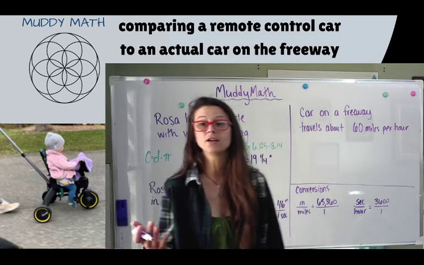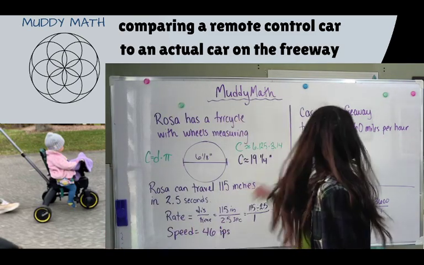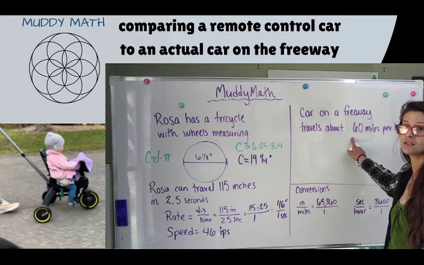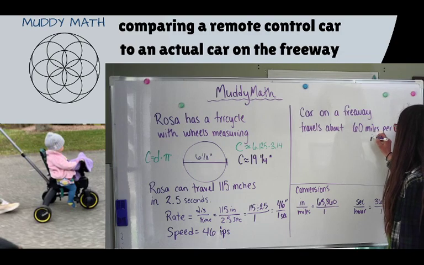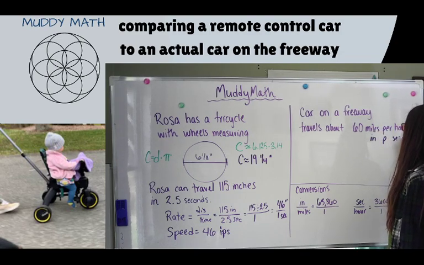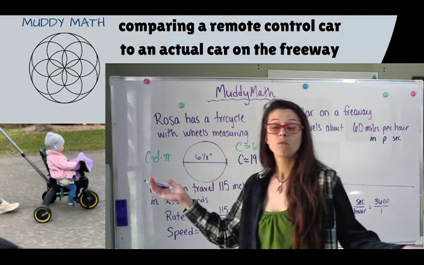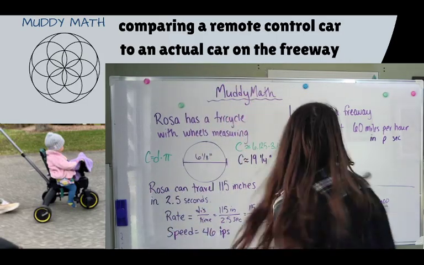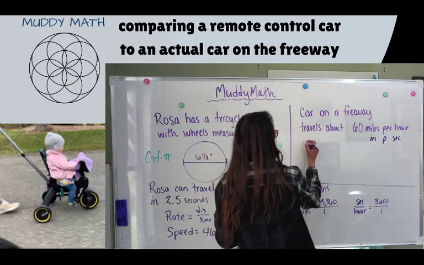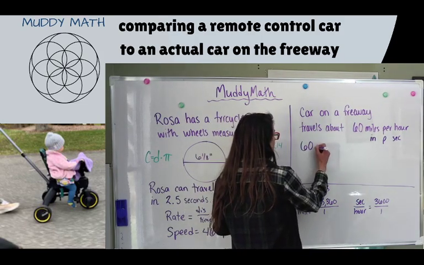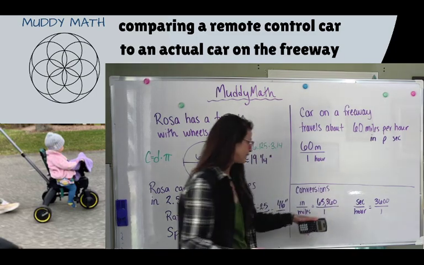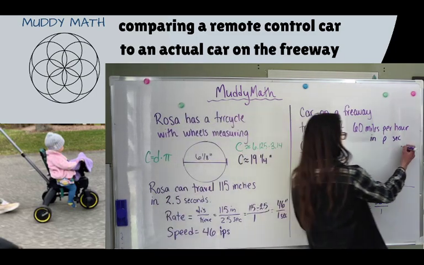So do we want to rewrite Rosa's speed in miles per hour, or do we want to write the car's speed in inches per second? I'm going to do it one way. I challenge you to do the other and see if you get a similar result. Okay, so if I want 60 miles per 1 hour and I want to convert it into inches per second,